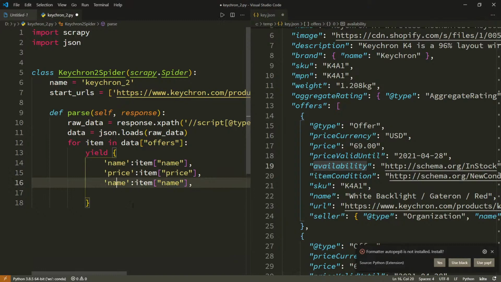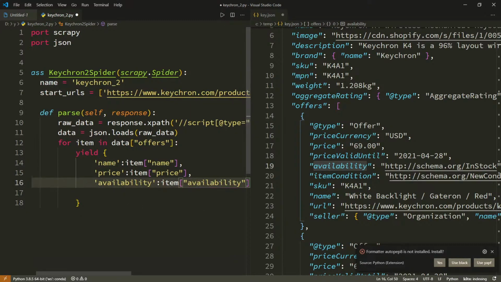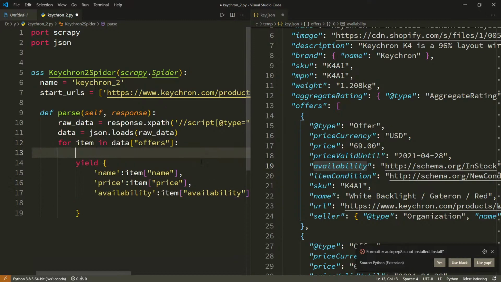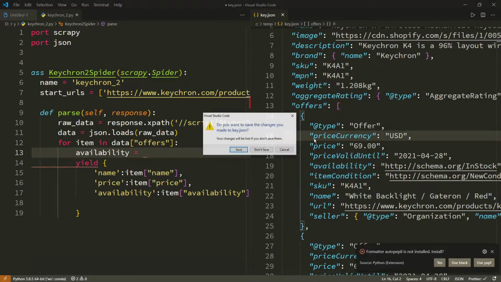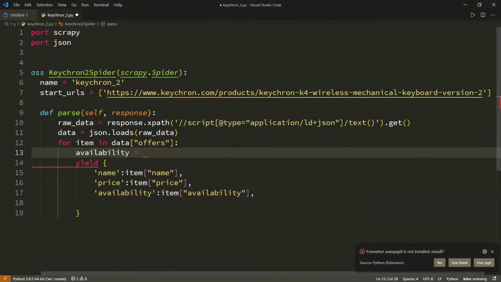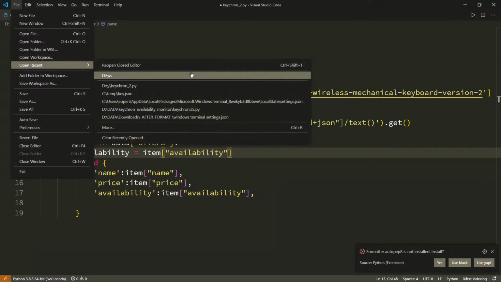Availability we can simply put like that. We can write availability, or we can do something a little better. Let me show you what I mean by that. We don't need anything else from this, so I'm going to close it. Now for availability, what I want to do is check. So let me reopen that